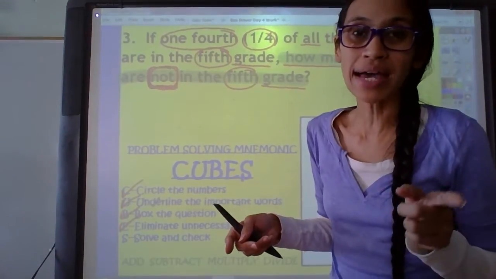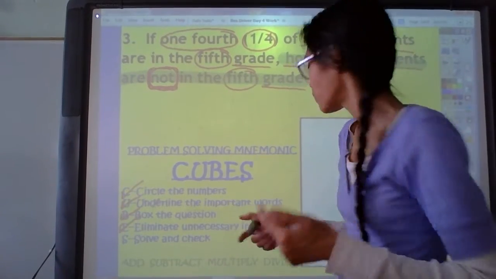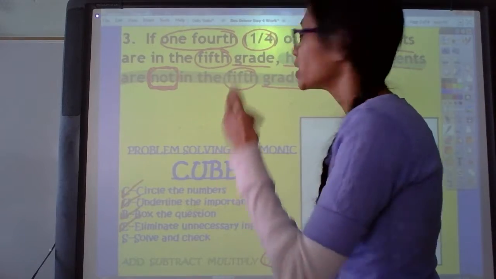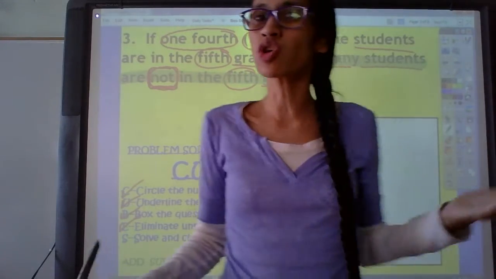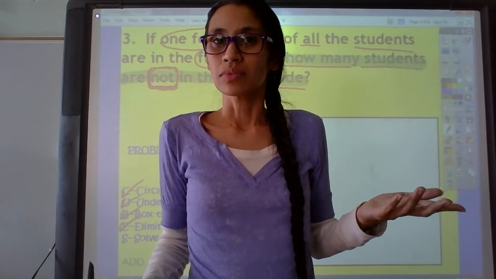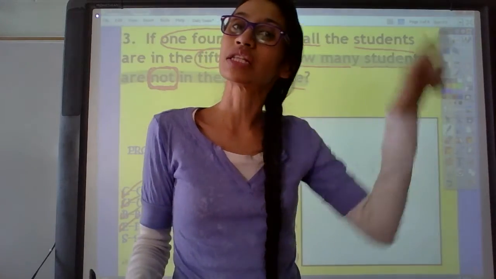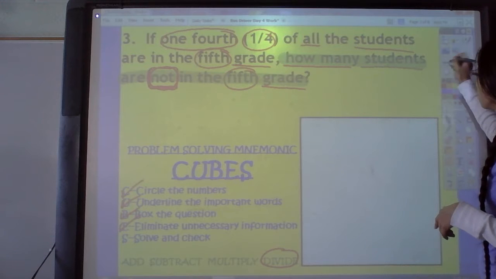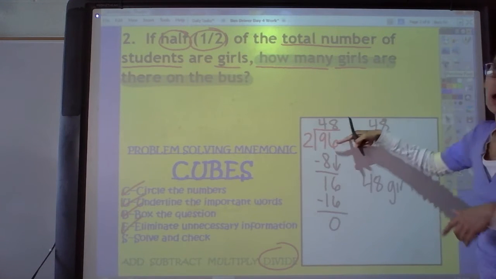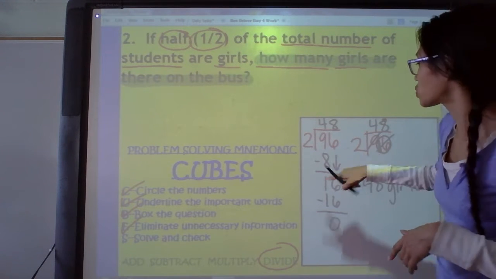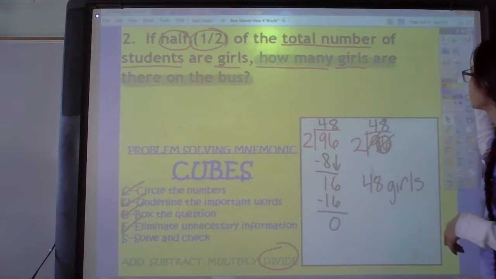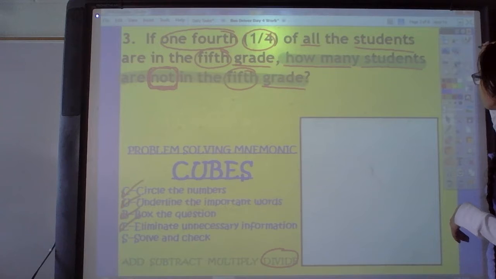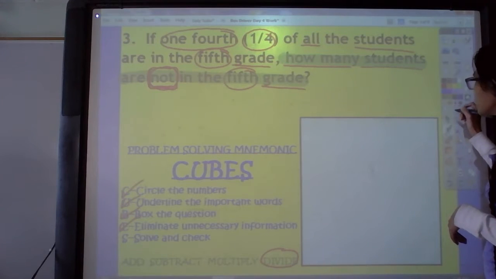And the way we do that is to divide, just like we did 1/2. Now, we need the total number. Do you remember what the total number was? If not, you can always look back at the other problem. Let's look back. Not that problem, because remember that was half, but the total was right there too, 96. And question number 1, 96 students. So, bam, bam, I need to go right here and do